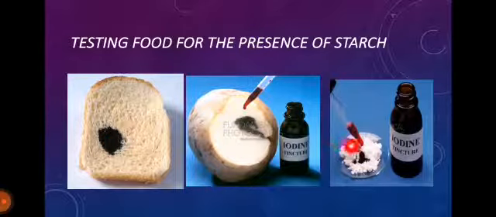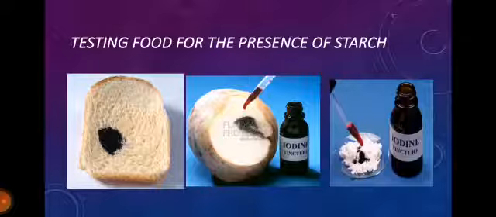Okay, now from where will you find the iodine solution? You know that at your home you have a tincture that you apply on the wound. So the same tincture can be used as an iodine solution because the tincture has iodine in it. So the tincture solution that you apply on your wound will be available at your home, or you can buy it from any medical store.